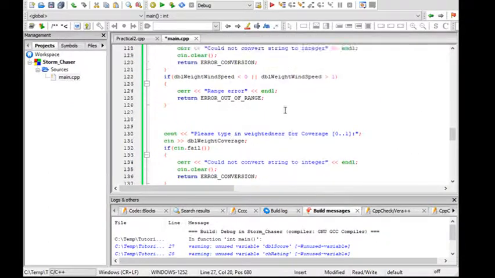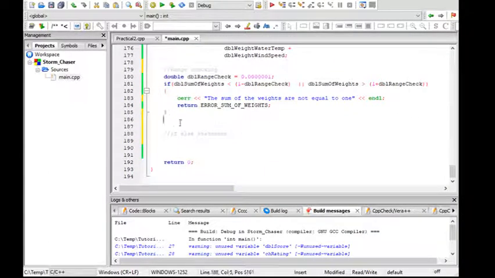So I'm going to take my score variable and work out what the score is by doing a little bit of maths in C++. So this is where we take our water temperature and multiply it with our weight for the water temperature, and we're going to add this